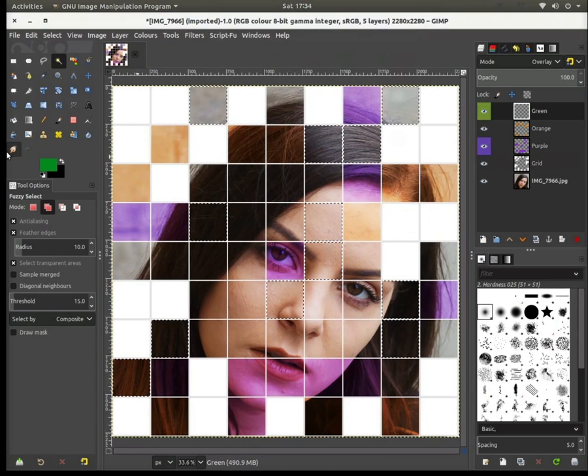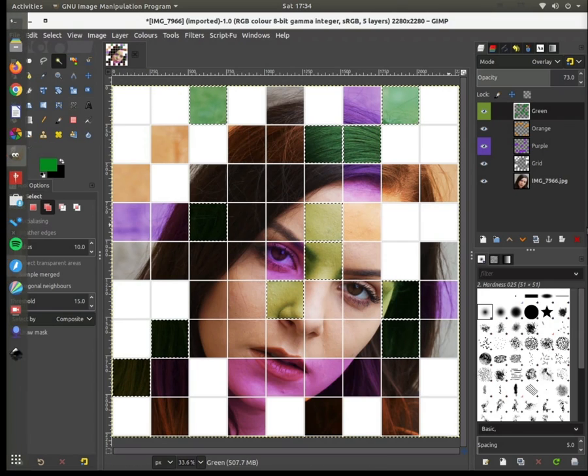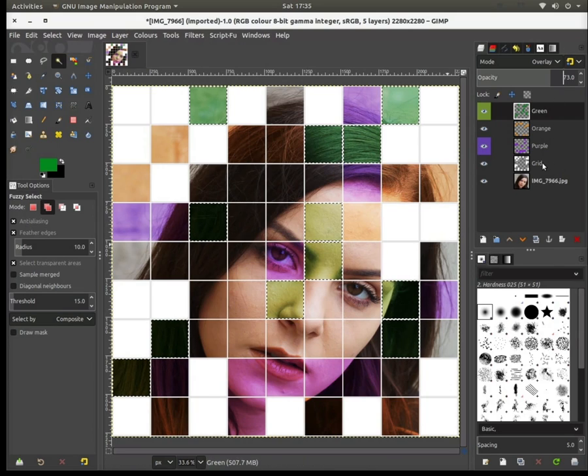Okay, come up to our green layer. Again, let's reduce the opacity to this one to about 70, and let's just do one more colour for some of these squares. Shift Control A to undo the selection. This is already looking pretty cool if you ask me. We're going to do one more layer,